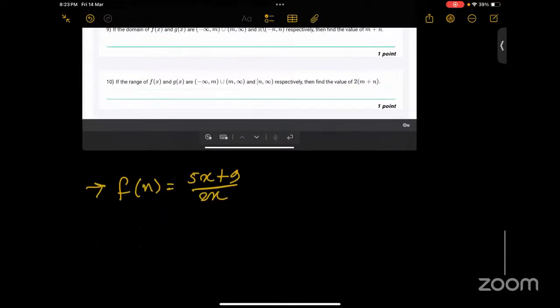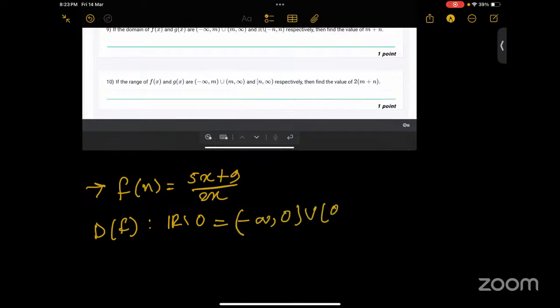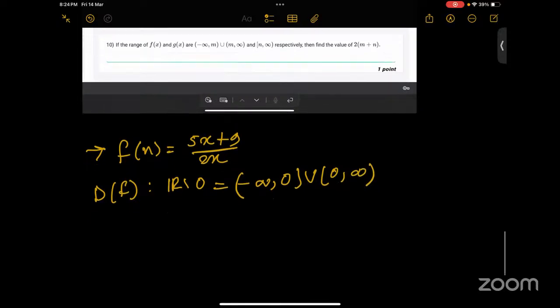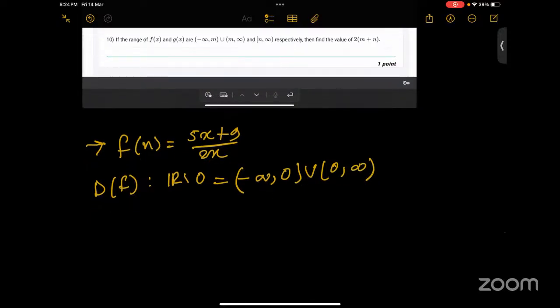So what is the domain of f? 2x cannot be 0, so x cannot be 0. That means R minus 0, right? Yes, ma'am. So it can be written as minus infinity to 0, union 0 to infinity, right? Yes, ma'am. And what is the range? Range means what I told you, that we have to